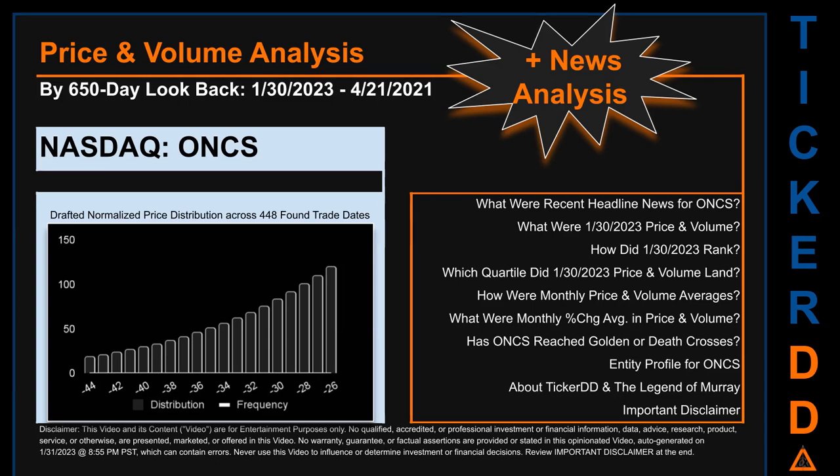The chart shown on this page is our initial attempt at studying the price for ONCS after dynamically normalizing price distribution across those discovered trade dates. The bar chart is the generated distribution and the overlaid line graph, if it is generated, is the frequency of the prices on the x-axis. We will enhance this look-through as our AI model progresses in the next iteration. Remember that this is just a drafted, in progress, observational model to best fit abstracted third-party data into various opinionated views. Before we jump into price and volume analysis, let's look at recent headlines for ONCS.